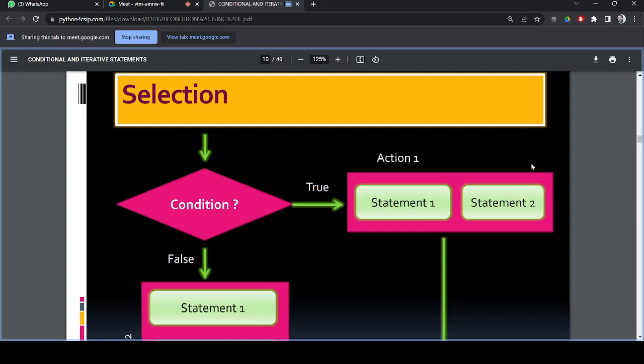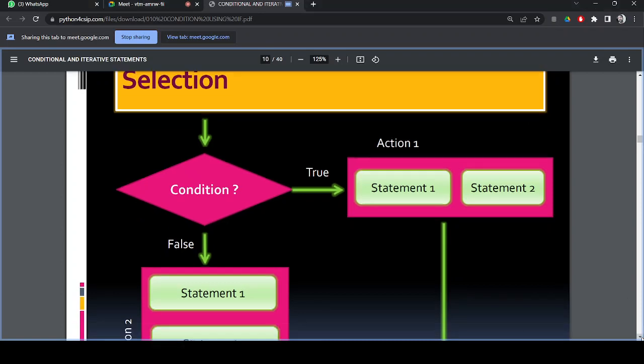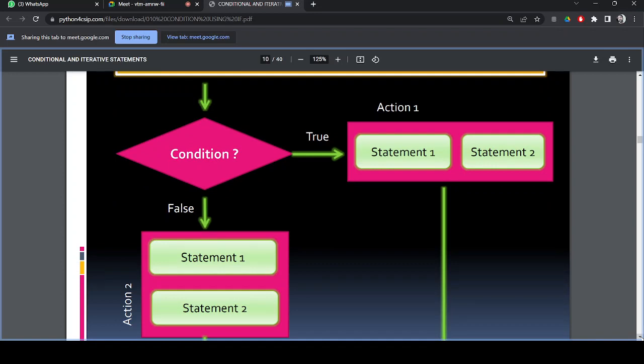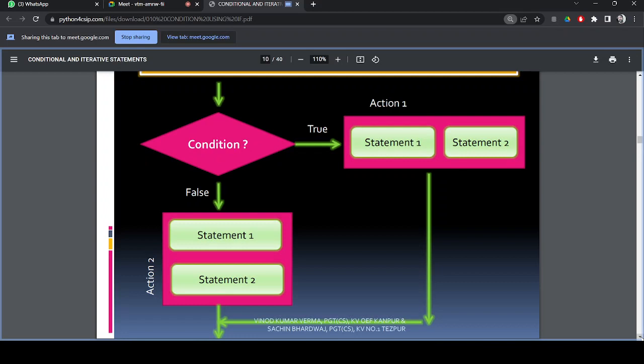Now, in a selection statement, what happens? There will be a condition. In this condition, it can be true or it can be false. True means do statement 1, statement 2, which is called a compound statement. Action 1 is a compound statement.